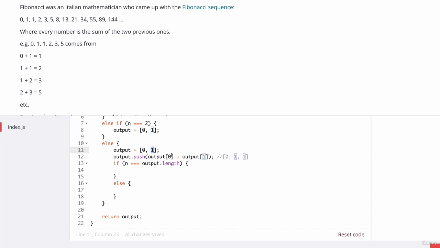Well, we could use the length. So in this case, output.length is going to be equal to 2. So if we wanted this to be 1, then we could say output.length minus 1. And then we have our second from the end, which is going to be output.length minus 2. So this still works exactly the same, but now this line of code can work no matter the size of